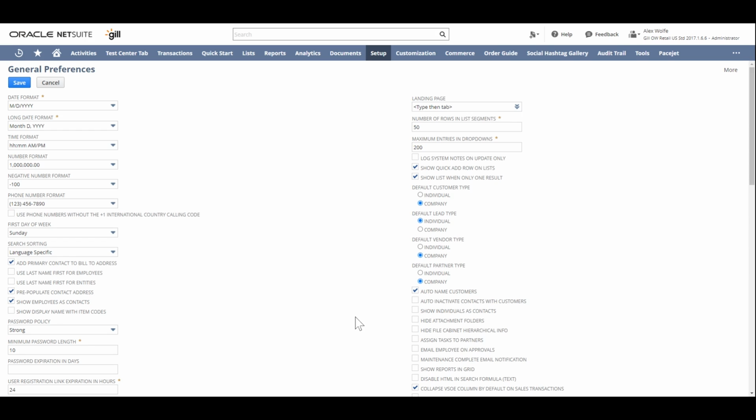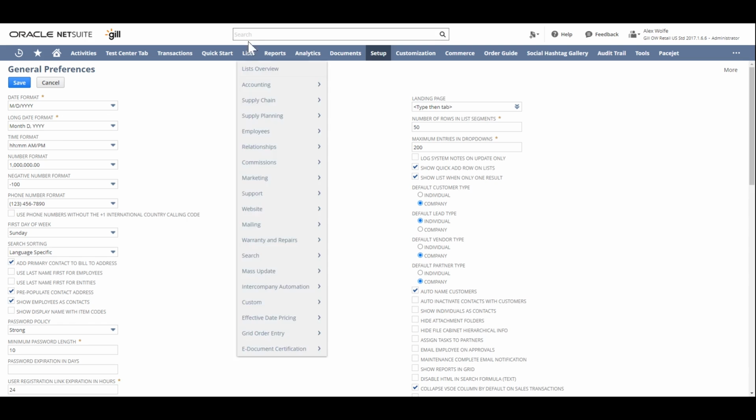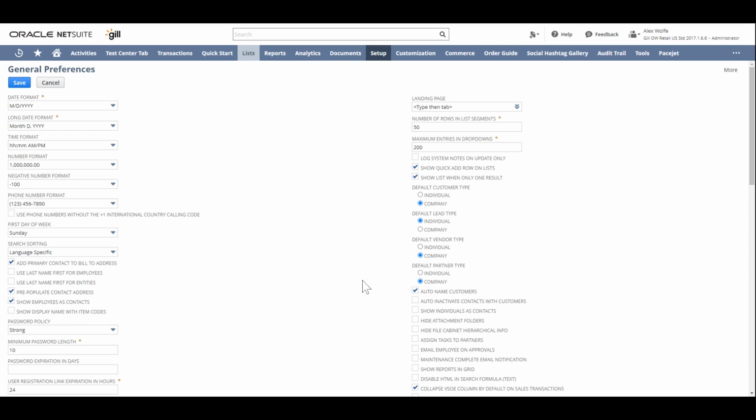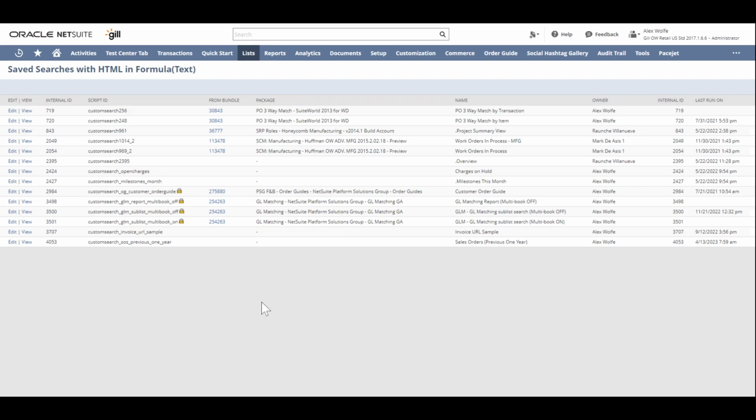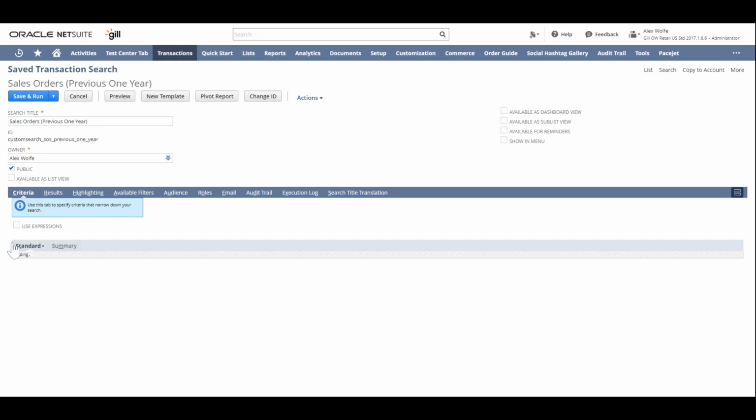To find existing saved searches that have HTML code in formula text fields, navigate to Lists, Search, and select this Saved Searches with HTML in Formula Text option. So this presents a list of all of the searches that have HTML code in formula text fields. You can ignore the locked searches that are part of bundles, as these will be updated in a future bundle release. For those that are not locked, you can click the Edit option to load the search and navigate to